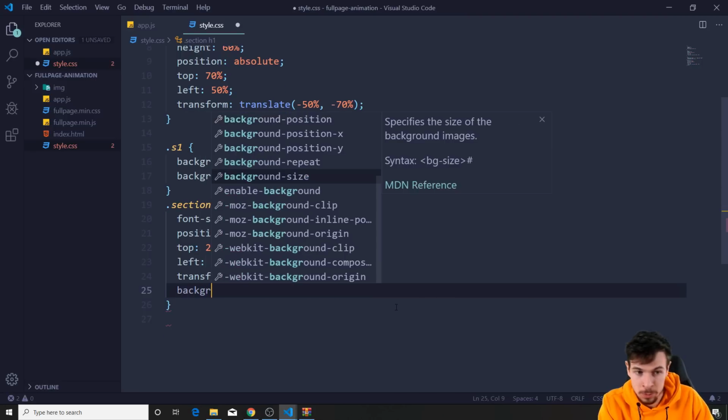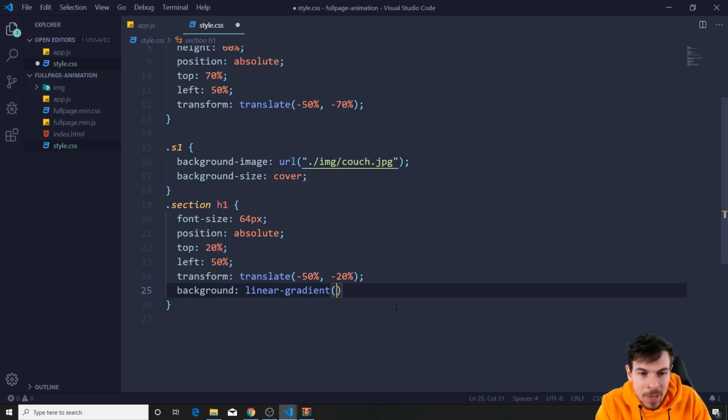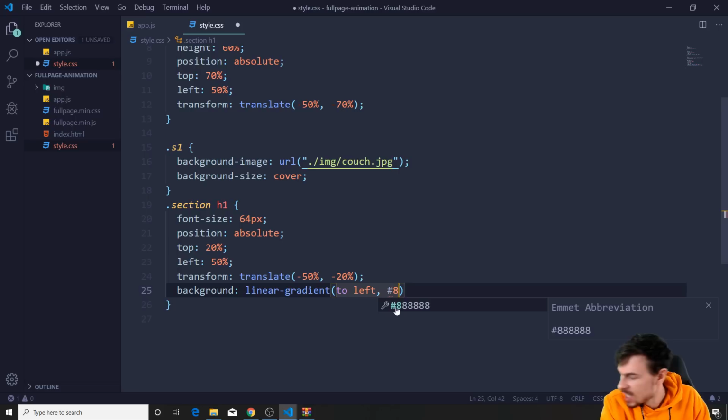The first thing you do is, rather than add color, you're going to add a background to this, a linear gradient background. And we're going to say to left, and the 2 colors I'm going to use is going to be 87C7DF, and a darker one, which is going to be